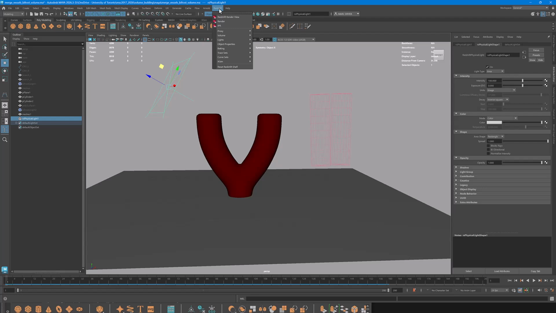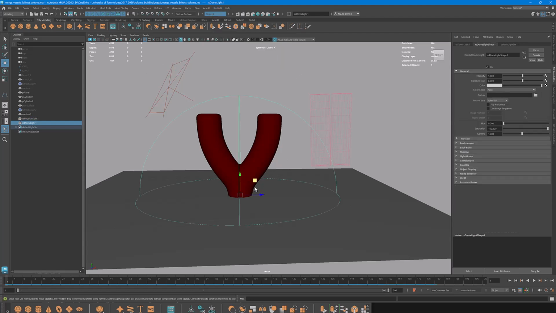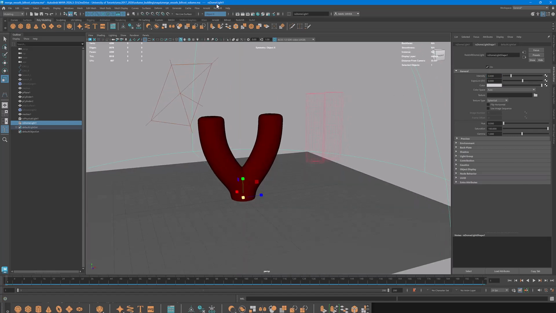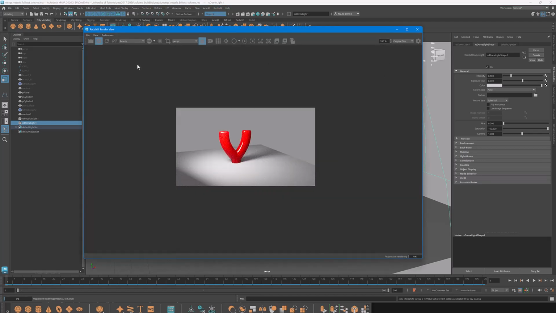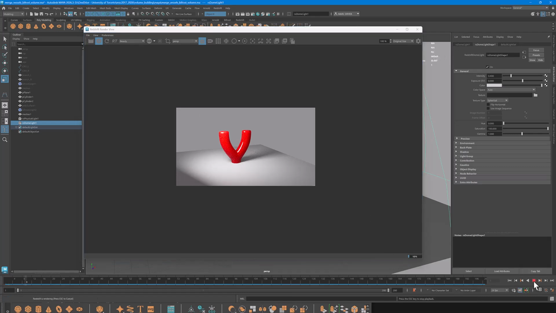Famous last words. I'll just create a dome light as well, Redshift, and just turn the intensity down a bit. So now if we render this, right, so we can probably play this animation and we can see it closing up like that. So it is kind of a complicated setup, but